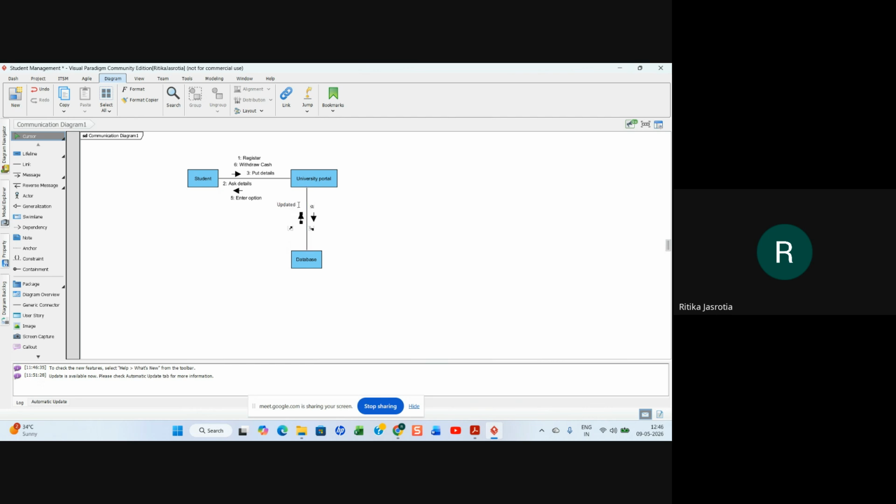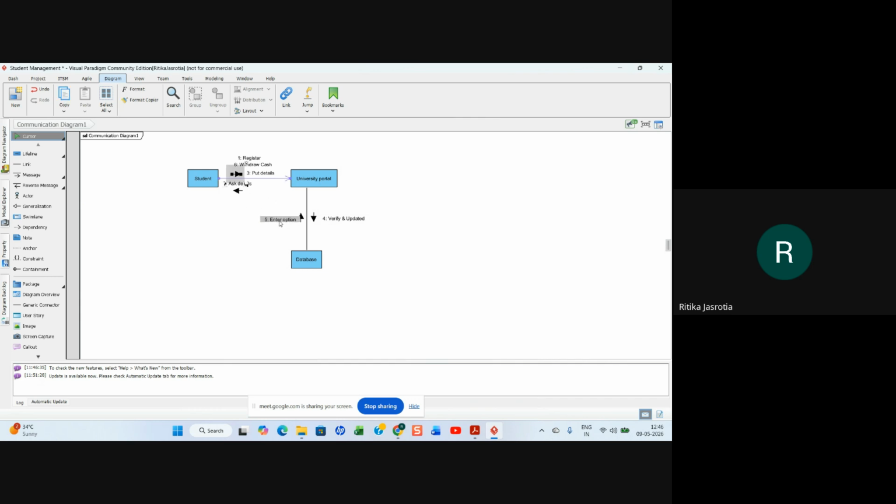Updated or verified and updated, right? Whether already a user is there or not, it will also verify that. Yes or no? Verify and updated. Oh, sorry, the fourth message will come here. Verify and updated to the database, and database will confirm it.